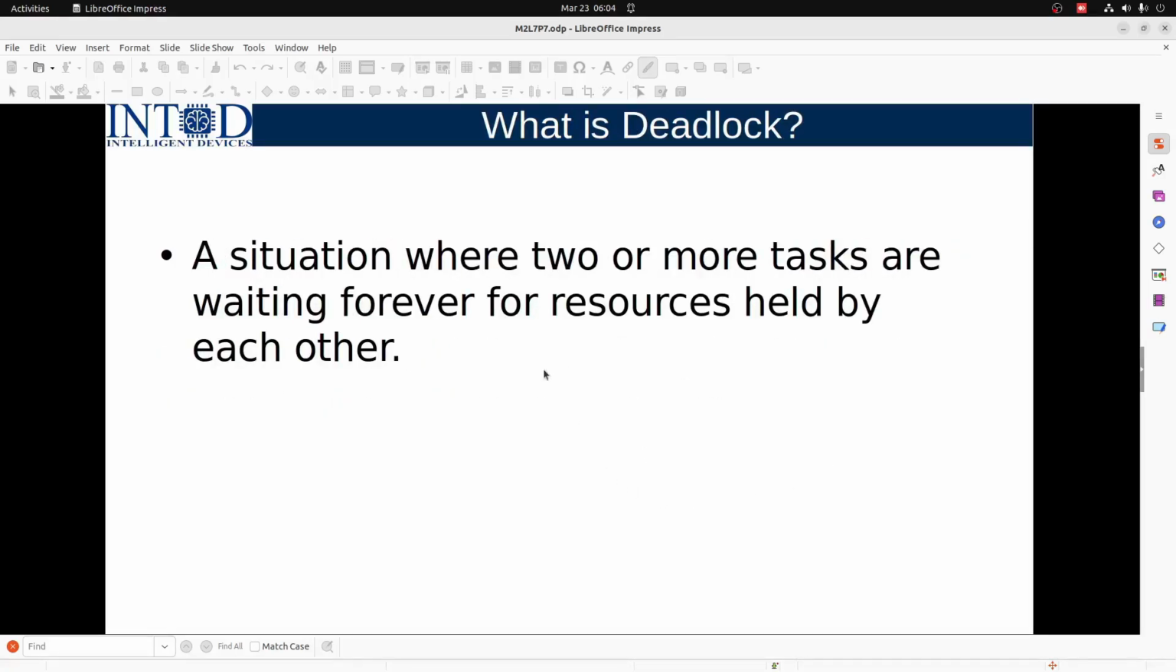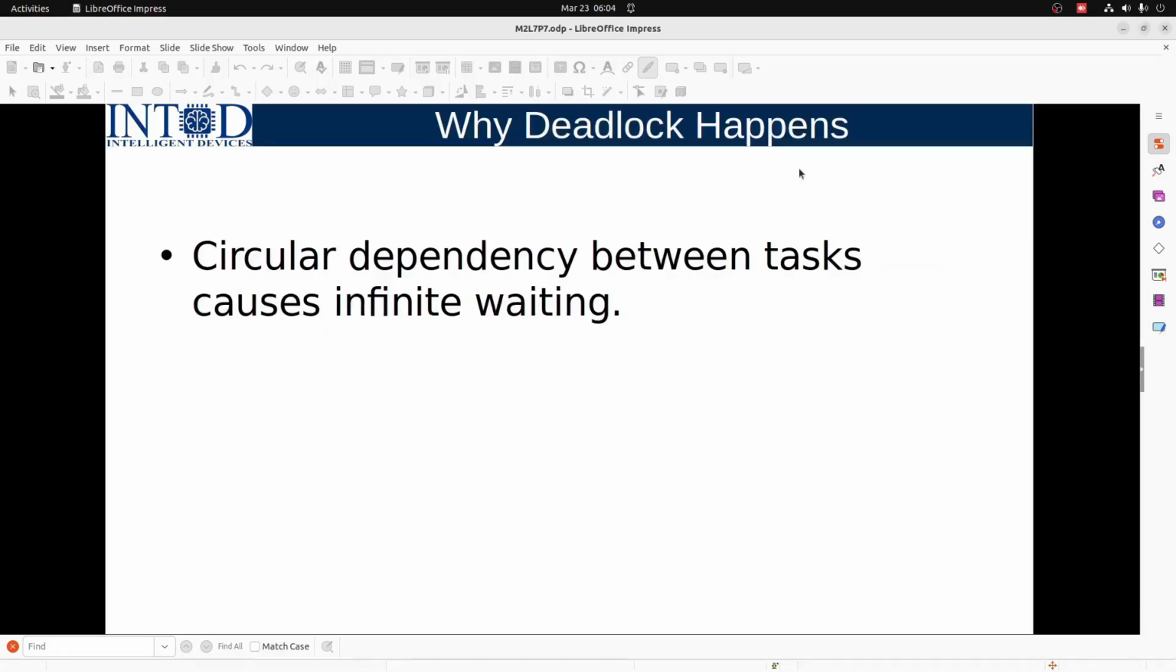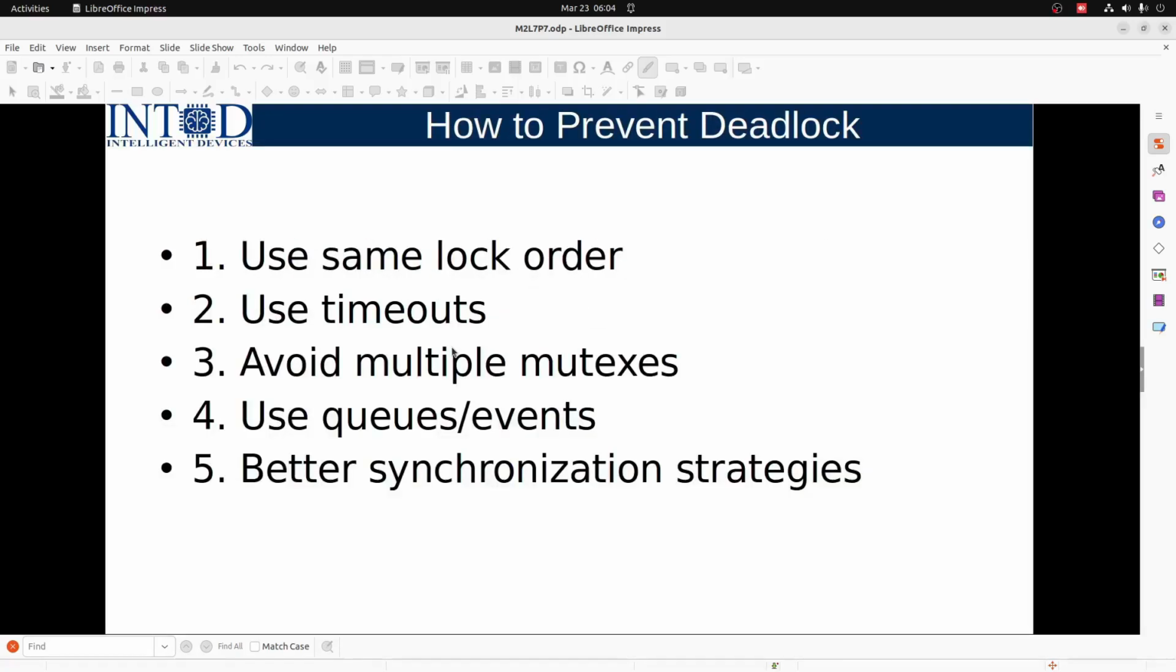So deadlock is a situation where two or more tasks are waiting forever for resources held by each other. Deadlock happens because of the circular dependency between tasks that causes infinite waiting. We can prevent deadlocks by using the same lock order, like